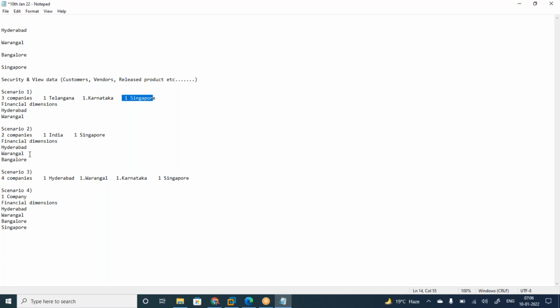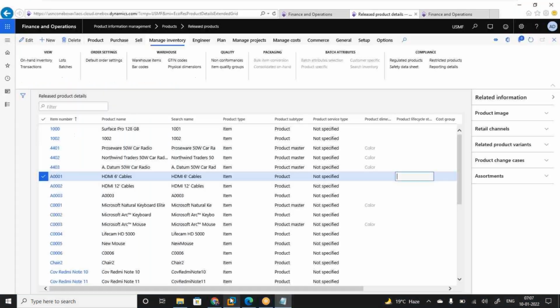Suppose all Hyderabad, Warangal and Bangalore data can be viewed by everyone. Data means customer data, vendor data, item data, all those things can be allowed to view.